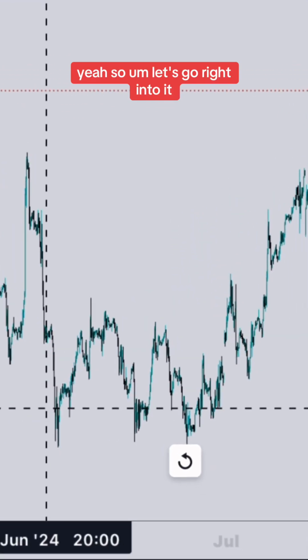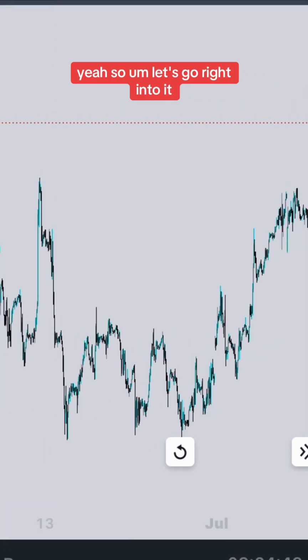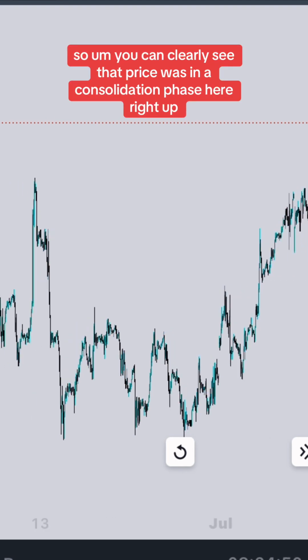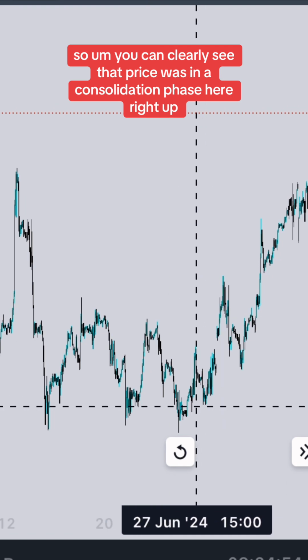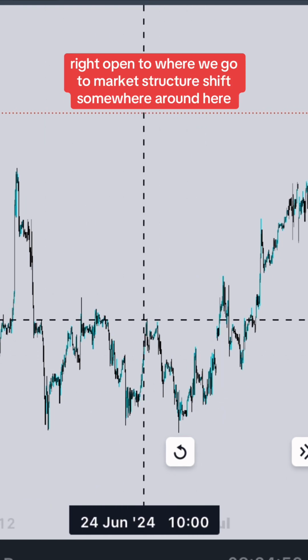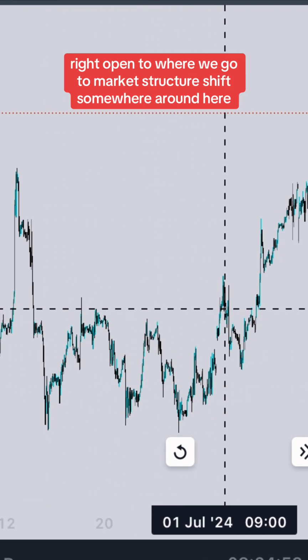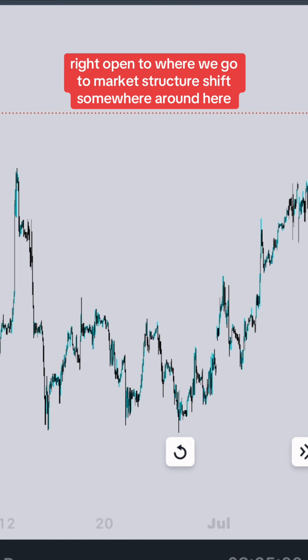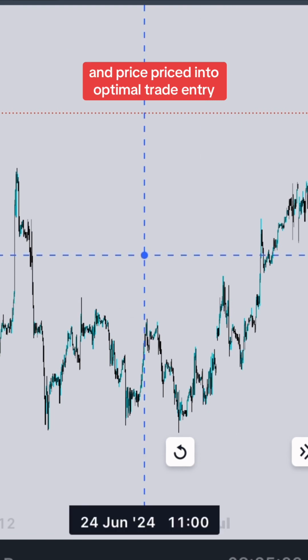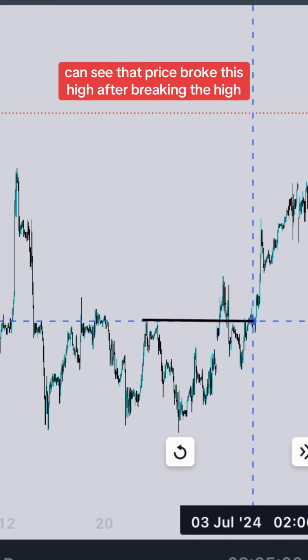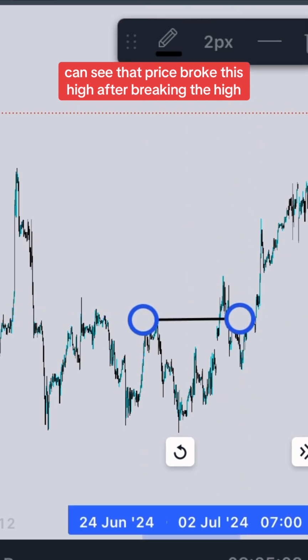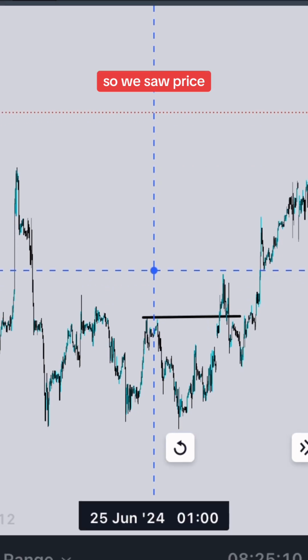Yeah, so let's go right into it. You can clearly see that price was in a consolidation phase here, right up until we got the market structure shift somewhere around here, and price priced into optimal trade entry. You can see that price broke this high. After breaking that high, we saw price